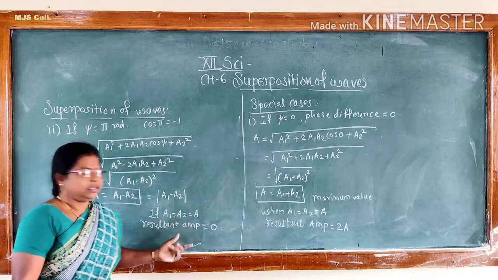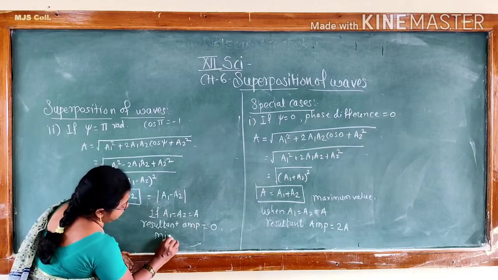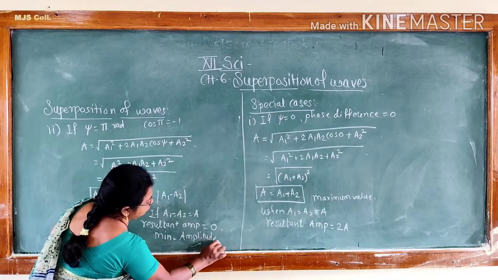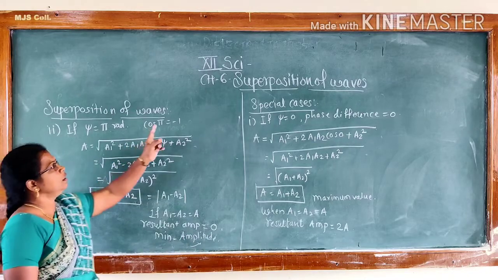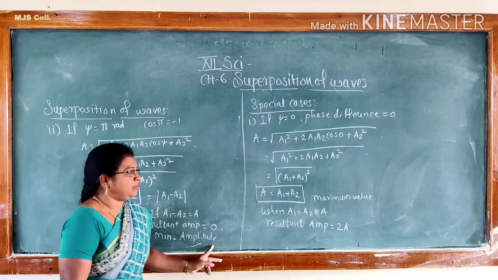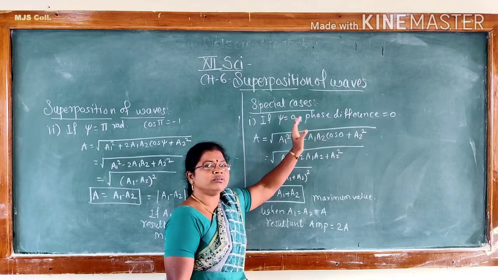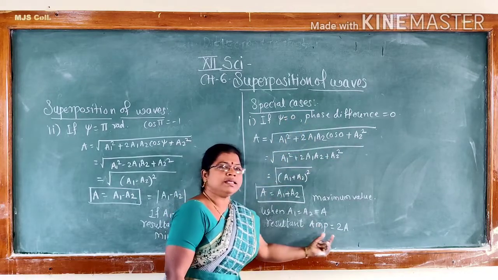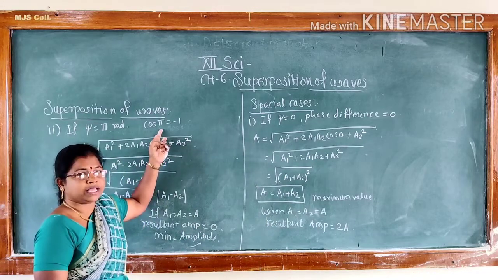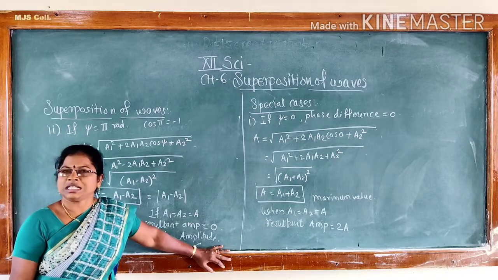Okay, A minus A becomes 0 and it is the minimum amplitude. When the phase difference is of pi radian, then there is the minimum amplitude. When the phase difference is 0, that means when two waves are in phase, then there is the maximum amplitude. When two waves are out of phase, then there is minimum amplitude. These two special cases are